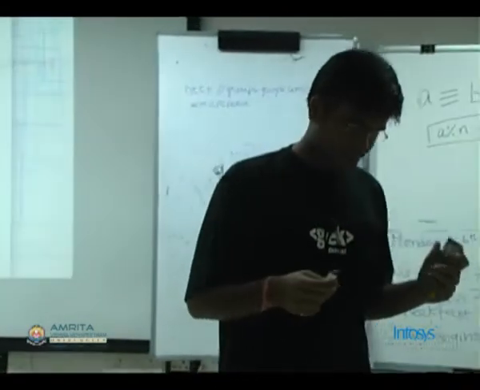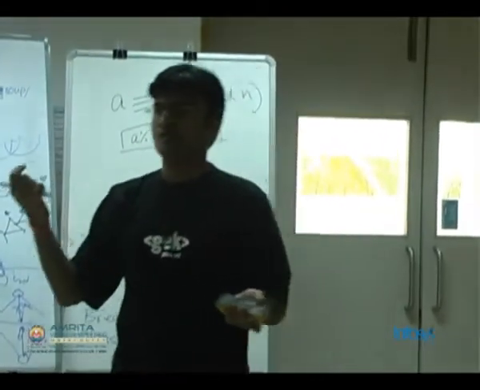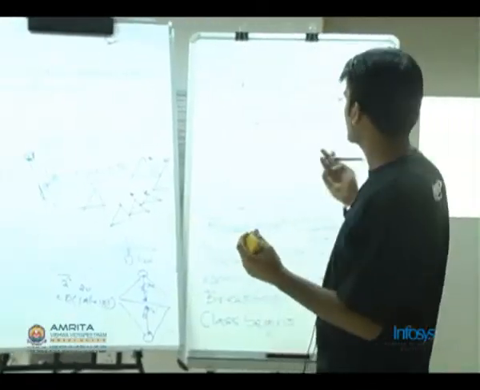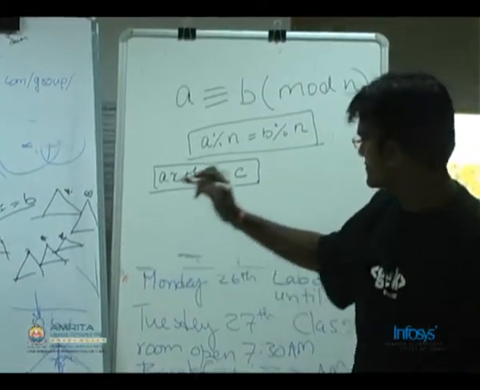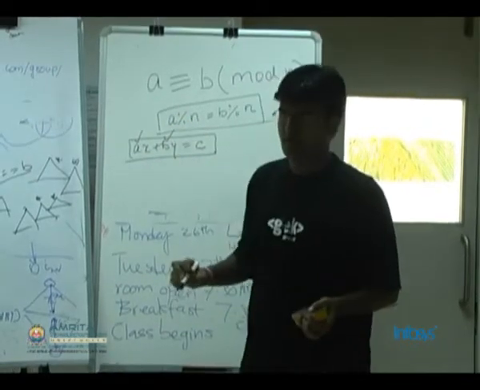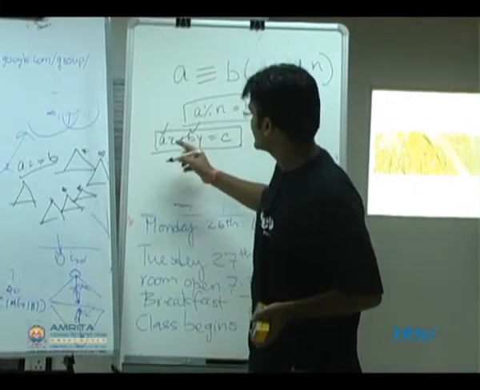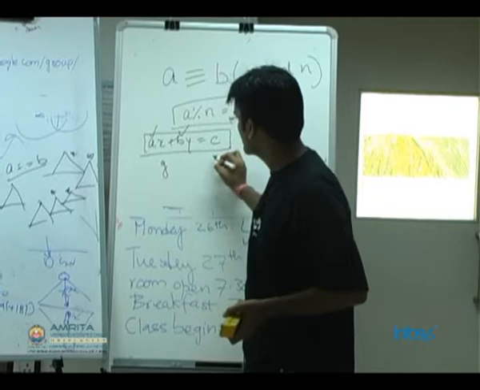Okay. So you guys know what is the method for calculating GCD, right? So that's called Euclid's method. Now, that goes like, suppose I have this linear equation, ax plus by is equal to c. And let's say I know A and let's say I know B. So a thing is that if GCD of A and B is G, then G should be a divisor of C.